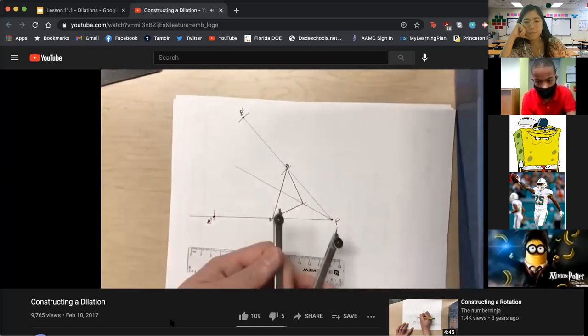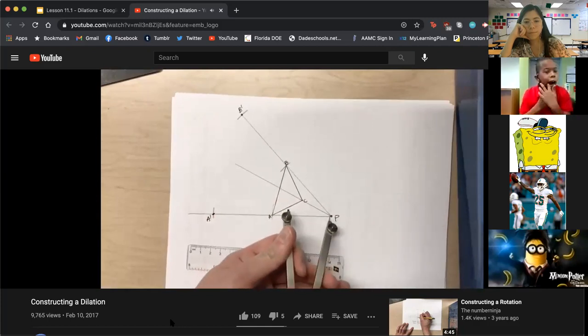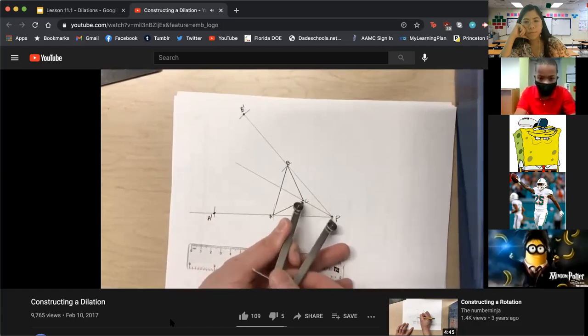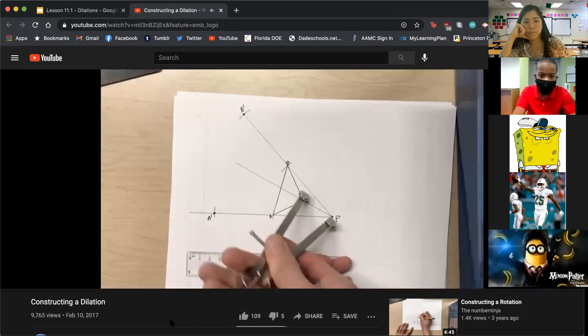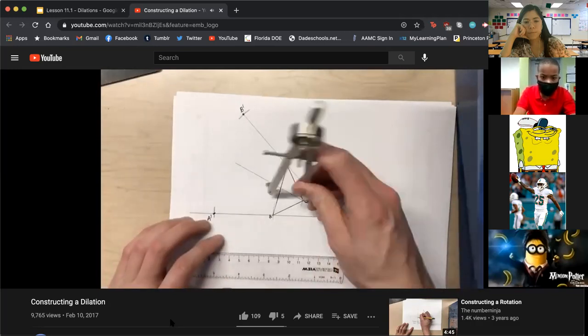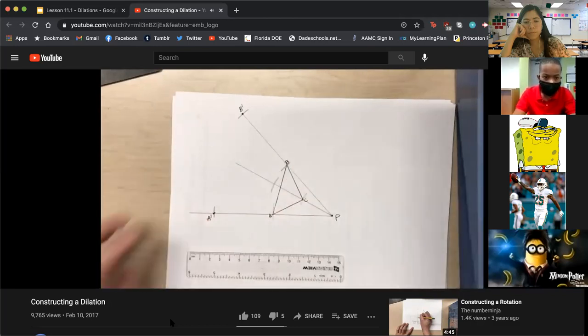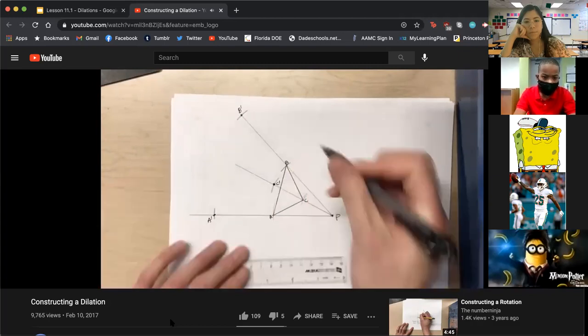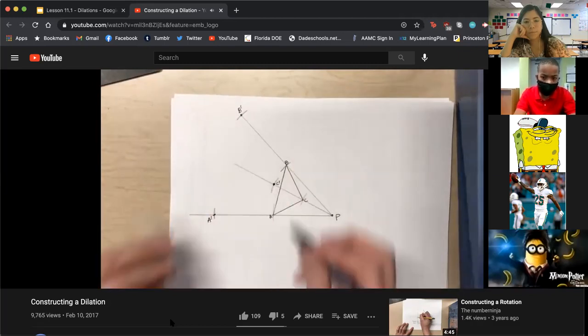And then for C, I'm going to take this distance from P to C. It's about right there. And double it. And this point will be my C prime. So after I connect all the dots,